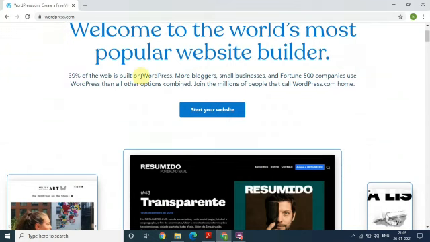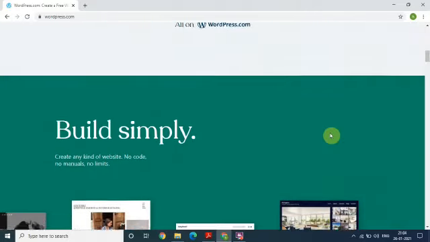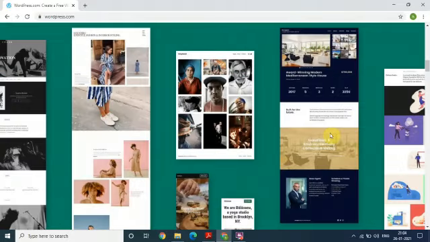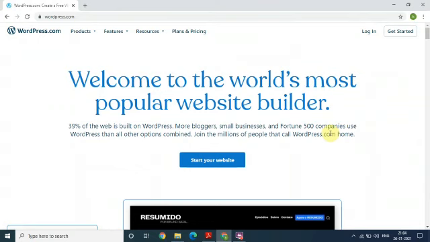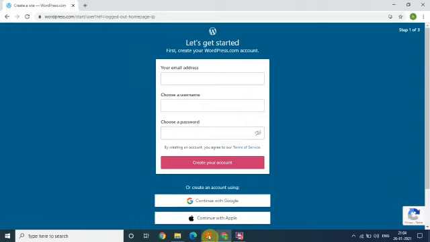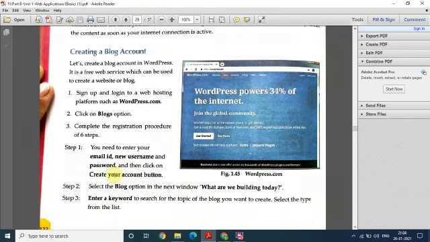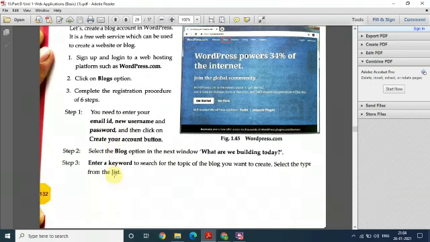Fine. This is the home page. Then it will show you different options to go for here. Fine. If you want to make the blog, it will be like this. Okay. Now if you go to get started, fine, it will ask you different options, and you have to create the account first. It will ask your details, okay, like email address, username, password, and all. Fine. After doing all these things, see, you have to give your email ID, username, and password. Then you have to create the blog.